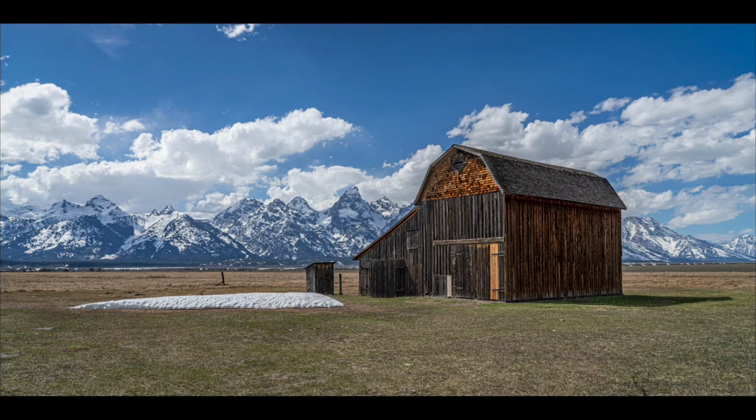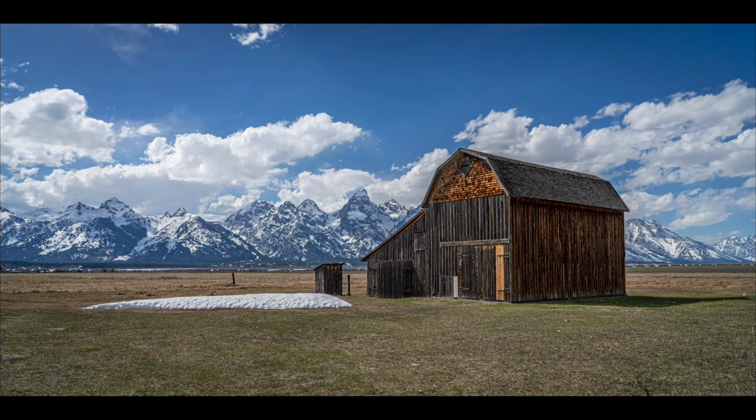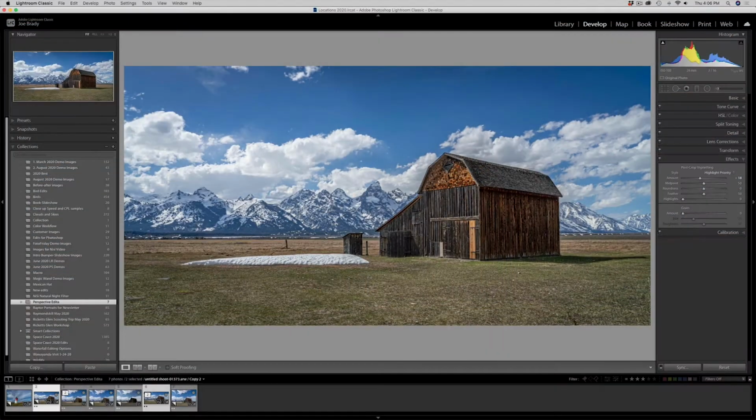So here's one that probably worked pretty well in Lightroom, and you would not really have to go into Photoshop, with the exception of if this thing bothered you and you want to make sure you had that little bit of extra room. Now, that said, let's take a look at an image that doesn't work quite as well in Lightroom that we're going to have to go into Photoshop with. So let me go out of full screen